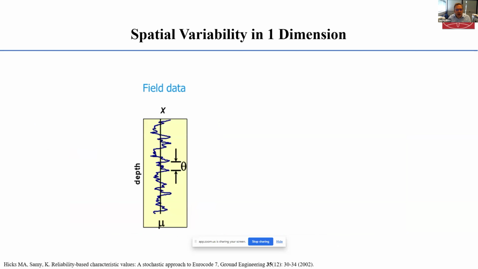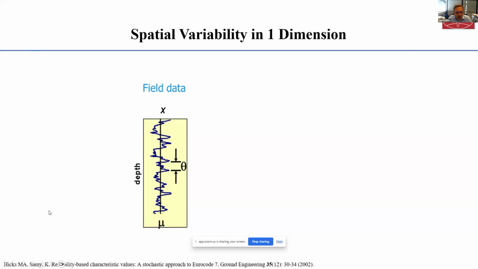So here we have the spatial variability of a material property X through a so-called uniform soil layer. And what we can see is that, in fact, the layer is anything but uniform. But what we would do in a standard or deterministic analysis is make use of a single value for the layer in any design. For example, we might take the mean value mu, or the lower bound, or the upper bound, or some other representative or characteristic value for the layer. And as a result, we would end up with a single factor of safety for our structure.